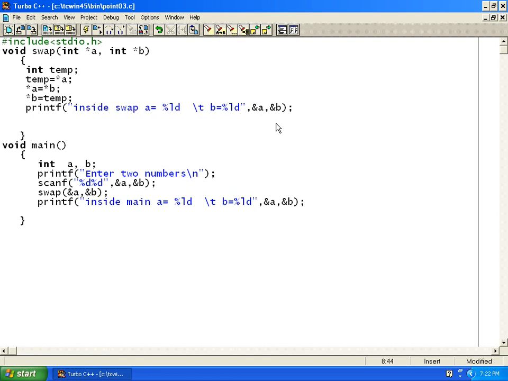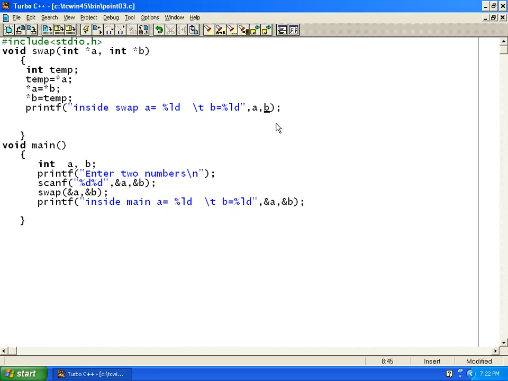So we'll print the address here. To print the address, we should not use ampersand. We should use just A, B, because they are pointer variables. So A contains the address. Star A will point to the address inside A, and B contains the address. Star B will point to the address inside B.